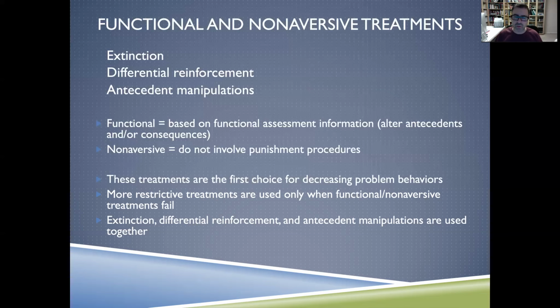So we're doing antecedent intervention, we're doing extinction of the problem behavior, and then reinforcement or differential reinforcement of an appropriate behavior. We often use all of these combined. There are a few situations where we may just use one manipulation, but often they're all mixed or used at the same time. But again, we're going to be talking about them separately so you understand them really well. And then throughout the semester, I'll give you examples in which all of these procedures are used at the same time. So it's important that you really understand